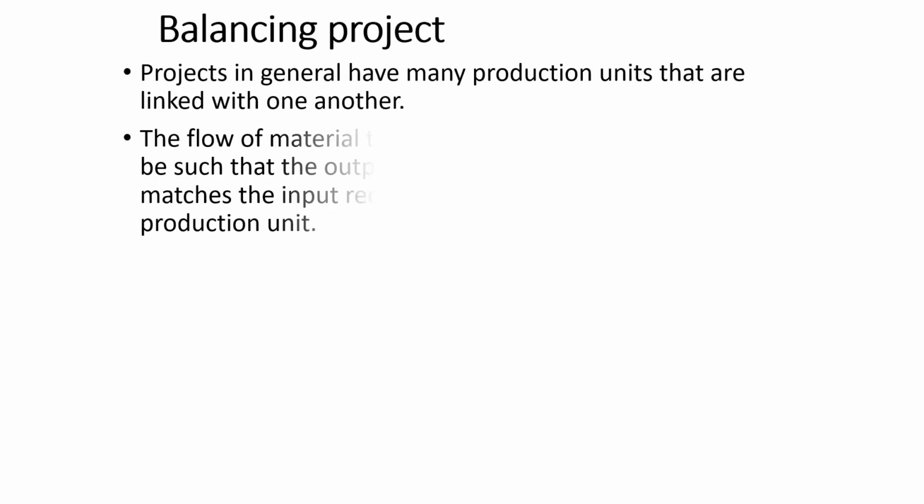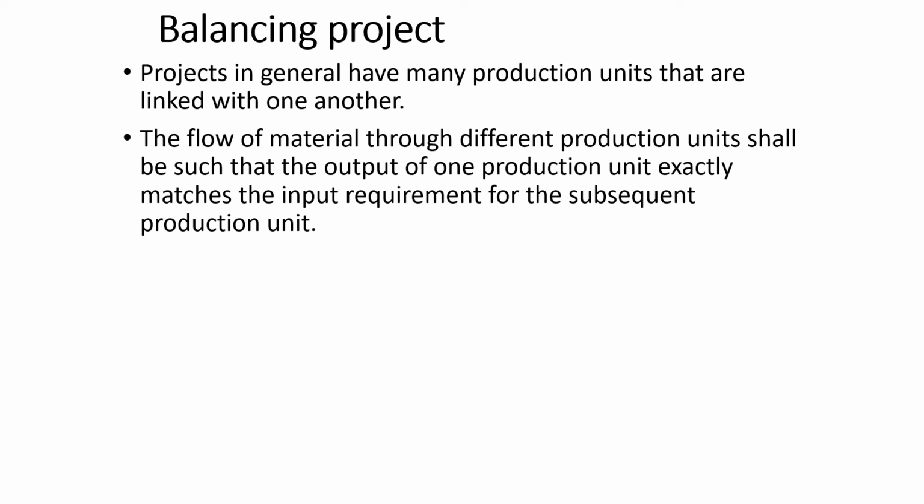Balancing project. That much I have told you initially. If there are two different sections in which the sets of machineries have different outputs, and the output of one machinery is not matching with the input of the second machinery, then balancing projects are required. If the first machinery set is giving an output of, let's say, 50 units, and the second set of machinery is able to take only 40 units, then we are left with 10 surplus units as goods in process, lying waiting to get the second processing done on them.